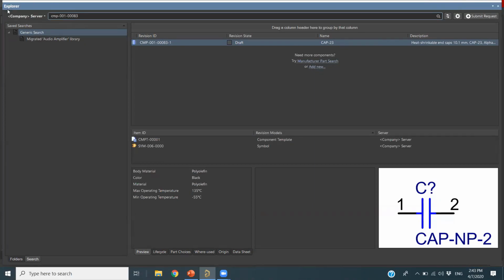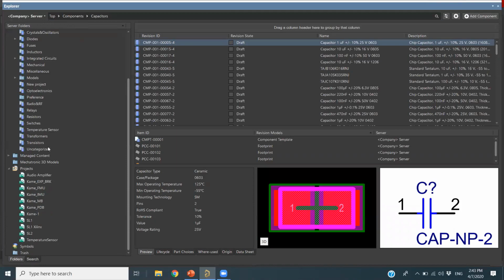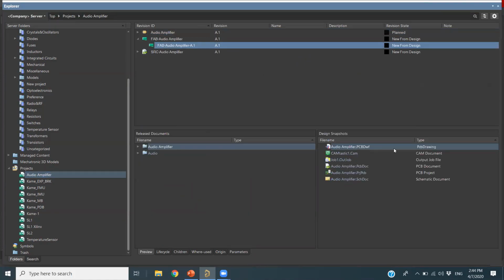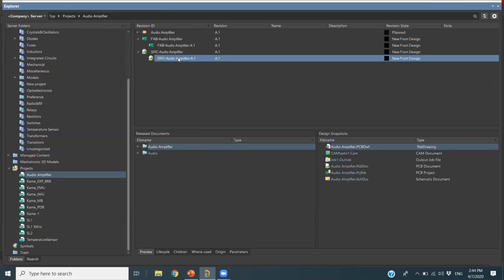Not only can you do this, you can also do many other things inside your server, like you can have the templates for your project files. Because the server is not only for the component, it is a centralized location to release your projects and see the project information. For example, like audio amplifier, you see I released this project to the server, you will be able to see the fabrication output. For example, you can see all the files you can release to the server. Then you can also release your own project files here. And then if you click here, you will see all the project information, like your PCB project, schematic document, all those information you can release to the server.